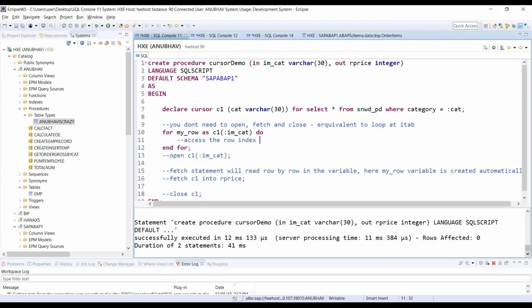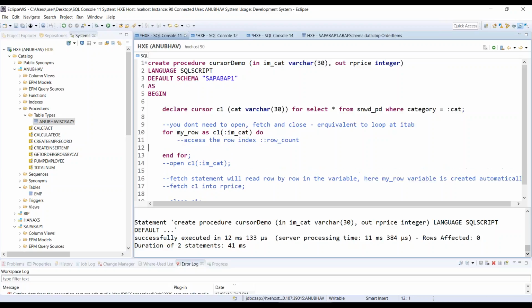You can access the row index by double colon row count of the cursor. Okay, double colon row count of the cursor, you can actually access it. So you can say double colon row count. That will give you the row index, which means now I can use an array to insert these product price